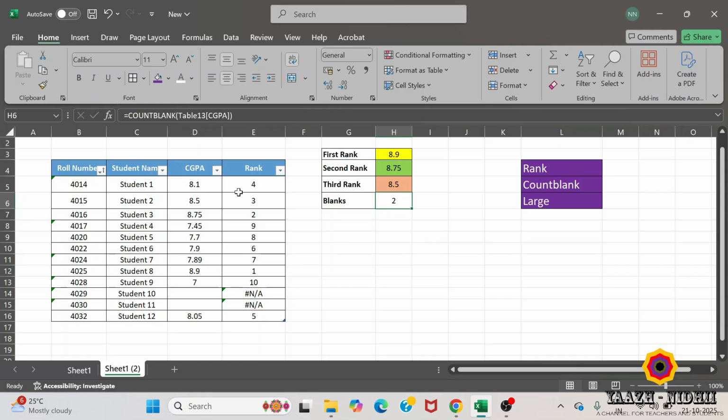Let us see. I am going to change the values here. Now it is 8.75. I am going to change it to 8.0. You can see if I change it here, the rank also changed, the highest value also changed. Okay,